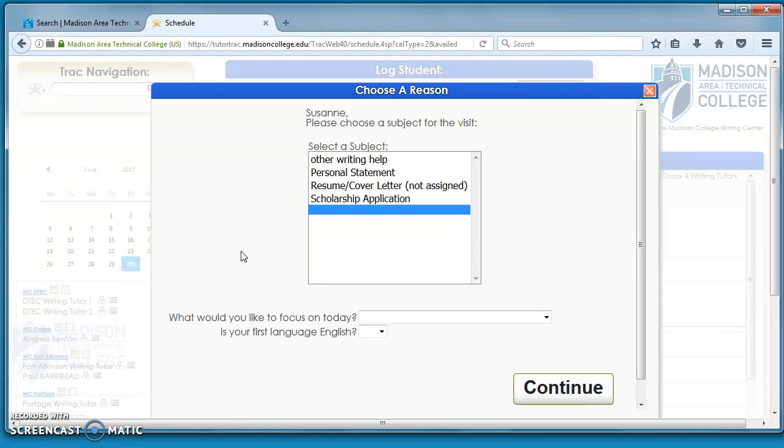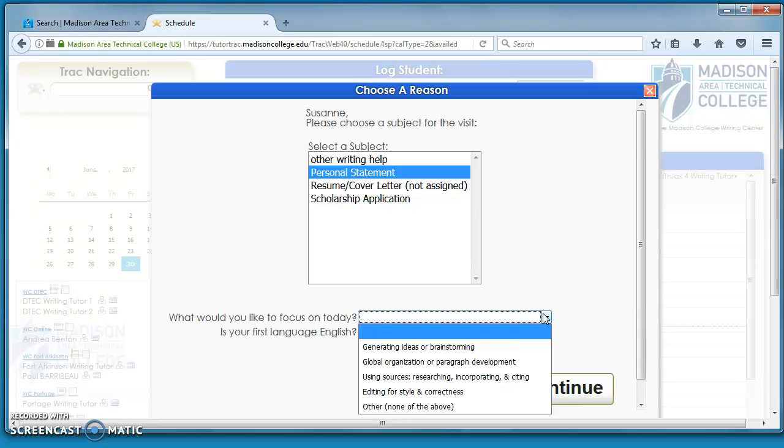So you have a few other questions that you're going to need to answer before fully logging in the session, and that's including what students are interested in working on, like what have they brought to you, or what are they interested in talking about, and then what stage of the writing process they're in. So all their classes will be listed here. Because this is my student account, you'll see that I'm not currently enrolled in any classes, so I'm going to choose an option that is as close to what I would like to talk about as possible,